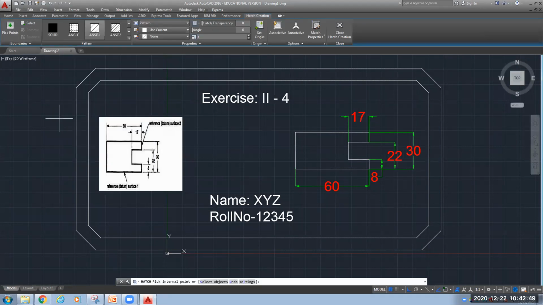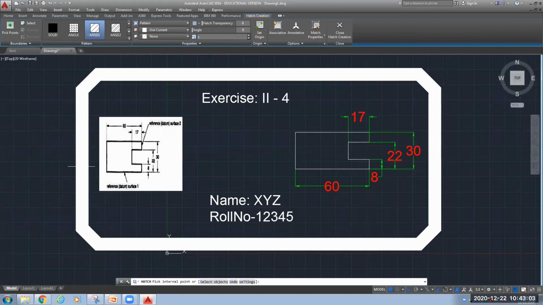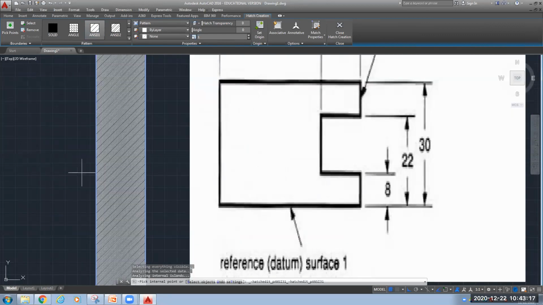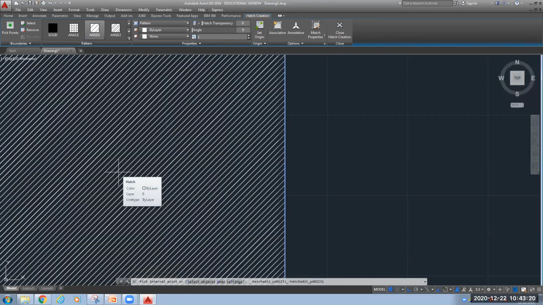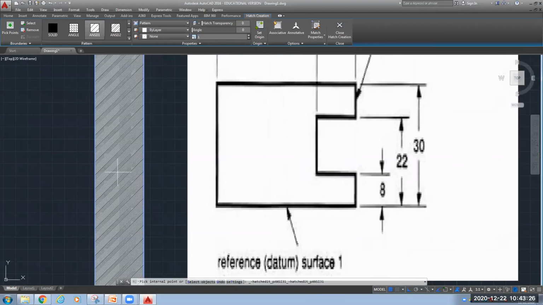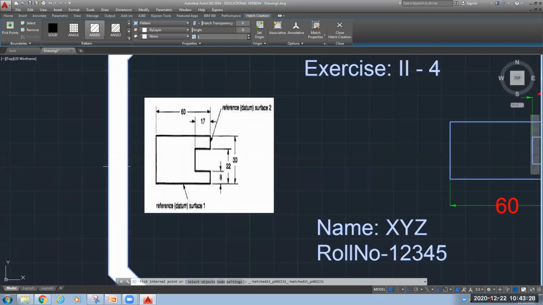I have clicked on this hatch command. By default, this is your hatching that is selected here. Now it is asking to pick any internal point of the closed part. So this is my internal point between the frames. You can see on the screen the preview is available. It is looking entirely white in color, but basically what is this? It is a series of inclined lines. Let me zoom in to show you. You can see here on the screen now. Basically it is inclined lines, and you have the control to change the angle and everything.